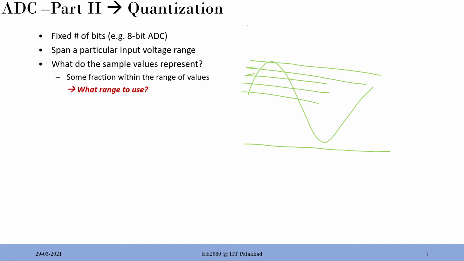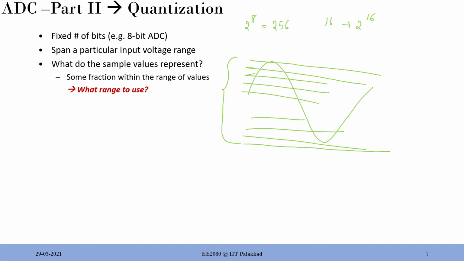So if we have an 8-bit ADC, that means you can have 2 raised to 8 combinations possible. So this is roughly around 256 levels, if my conversion is correct. That means this entire range, you are going to divide it into 256 equal levels. So if you have a 16-bit, that means you are going to have many more levels, so you have a much finer resolution. That's what the meaning is.